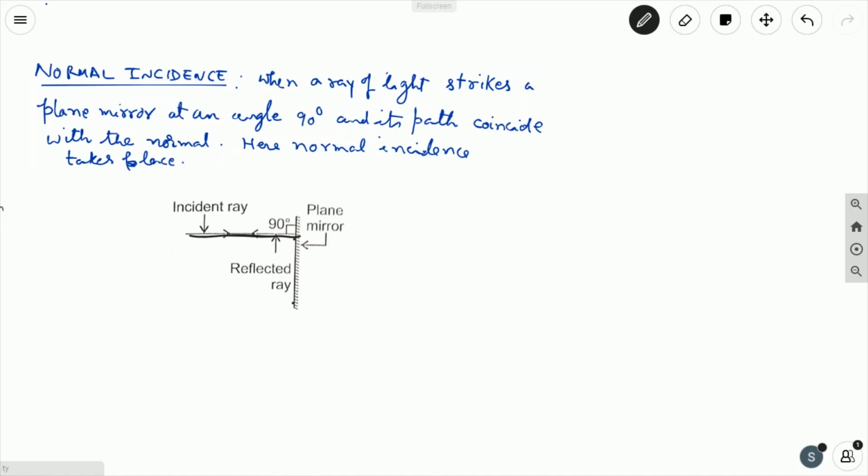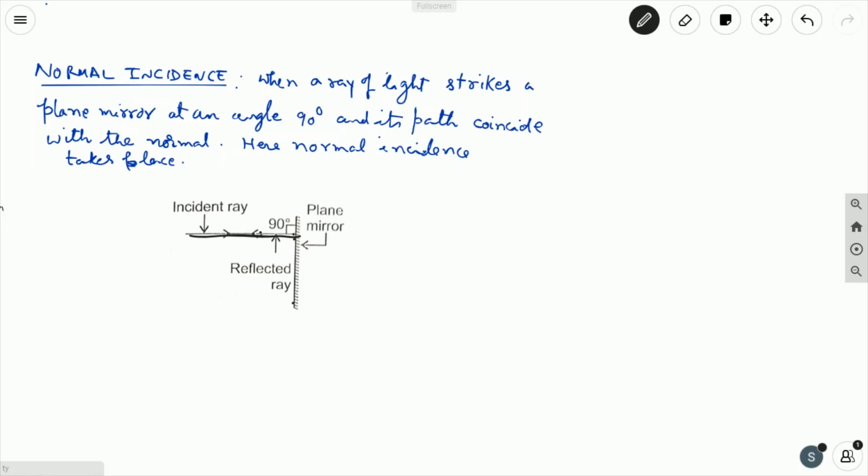On the normal, the path of the incident ray, they will also strike at an angle of 90 degrees. That means they will coincide with the normal. They will come up over the normal. The path of the incident ray coincides with the normal, or is perpendicular, and hence normal incidence takes